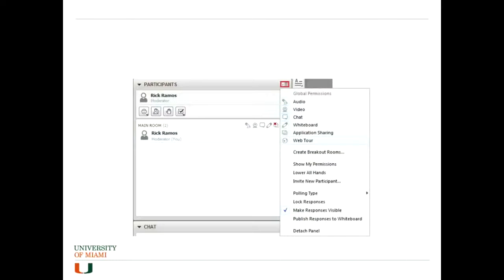Moving on to the participants window, there is a drop down over here that will also allow you to set up the permissions right here. This drop down will give you the permissions, and in addition to that, you have other permissions available, especially this one here that makes the response visible. This allows you, for example, to have the webcam follow the person talking. The webcam, you mean it can move? Well, it's voice activated, so when you start talking, the webcam will show you. If somebody else starts talking, the other person will be the one visible on the window.